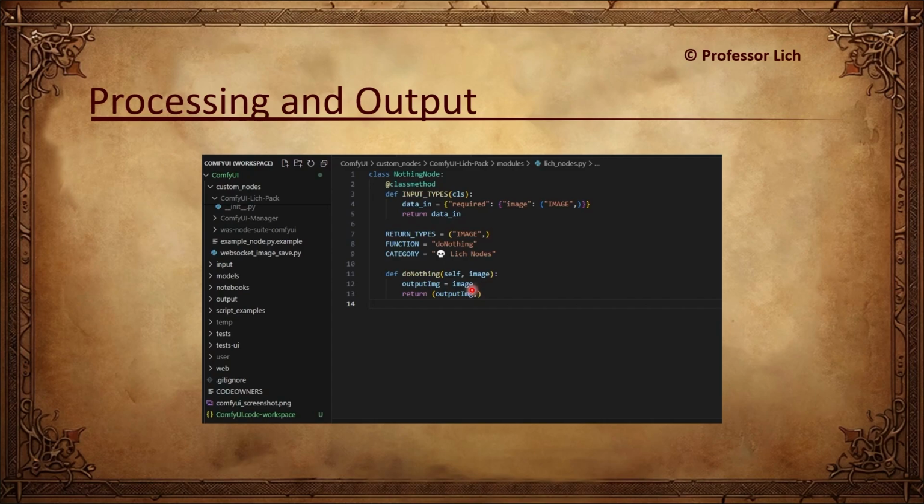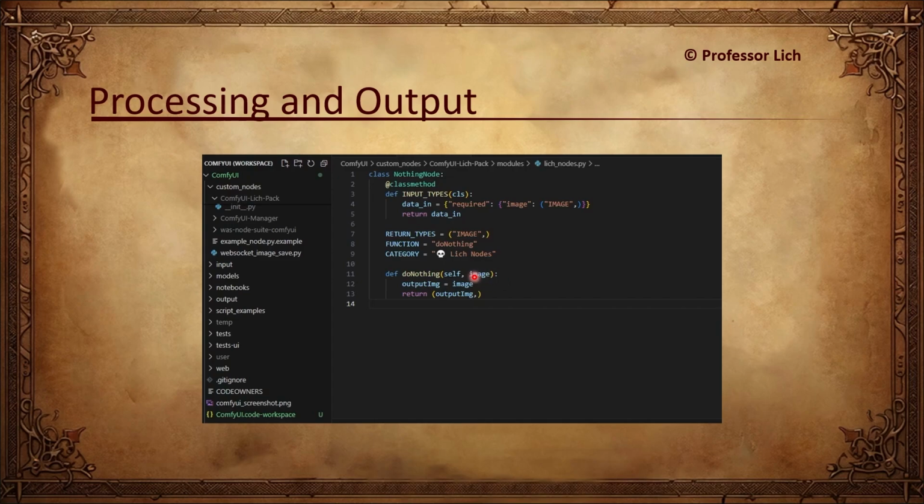The other thing you will note is that there are a few things you need to be aware of when doing this. The input that you've set up here, the name of the string image, has to match exactly with the argument you have here in the function. By the way, I keep calling this a function.